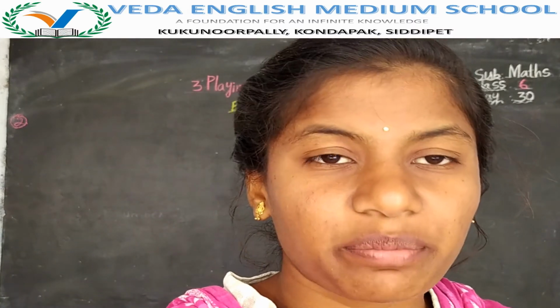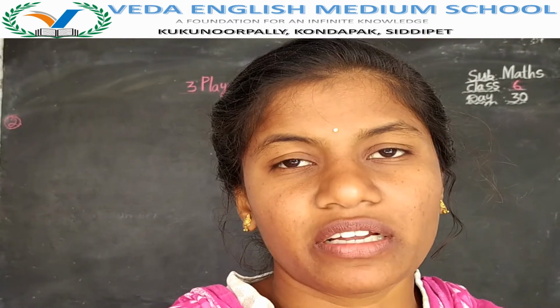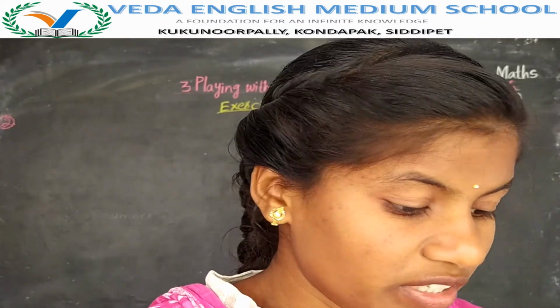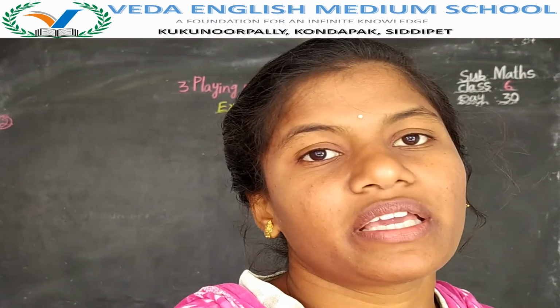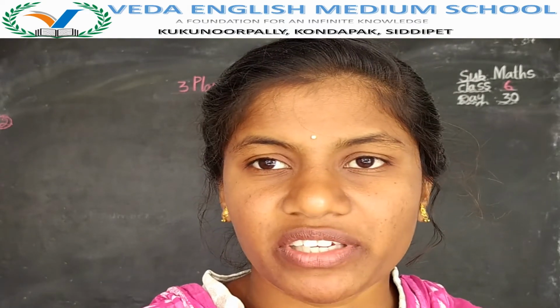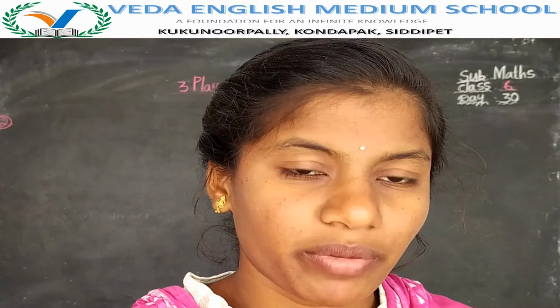Now third chapter, exercise 3.4. In exercise 3.4 we are learning about HCF. Sorry, we did not learn about LCM. We learned HCF by the prime factorization method and HCF by the continuous division method. We have learned the two methods, and in exercise 3.4 the first bit we have completed by using the two methods.